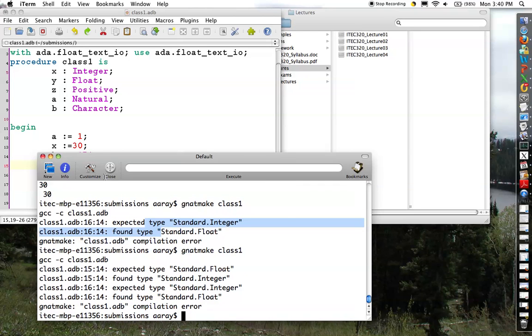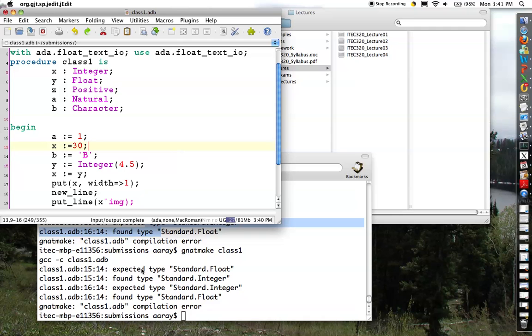So in this case, it expected type float and it found an integer. So we have to be very careful with how we are